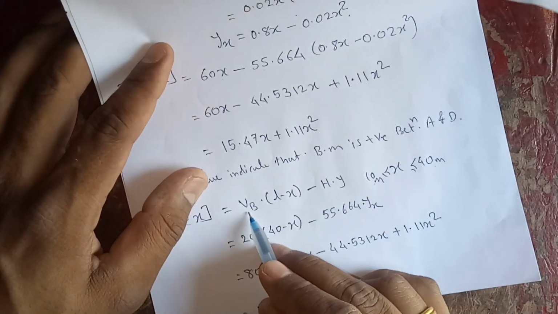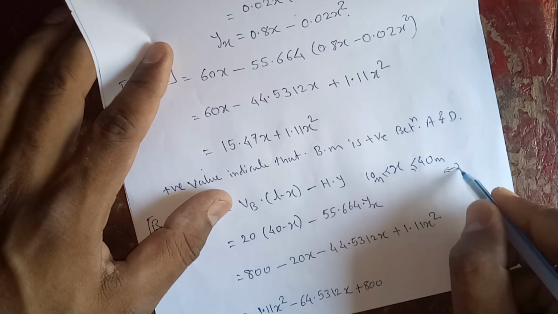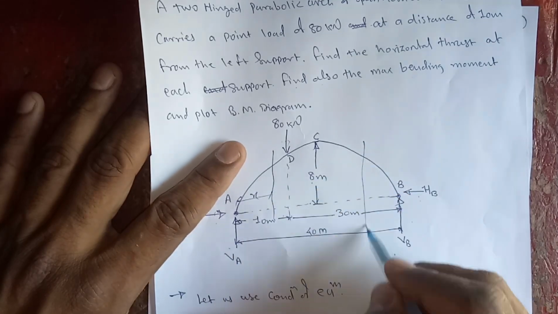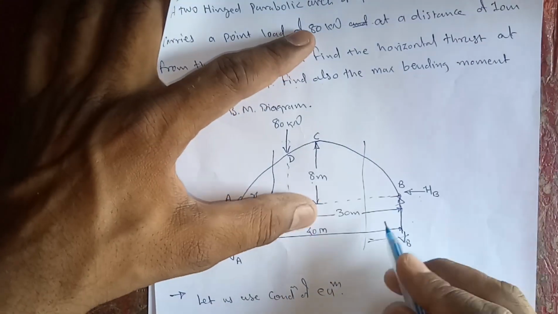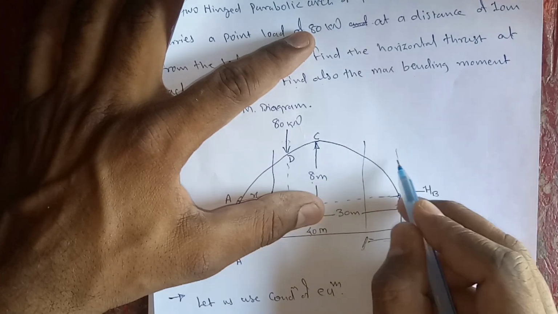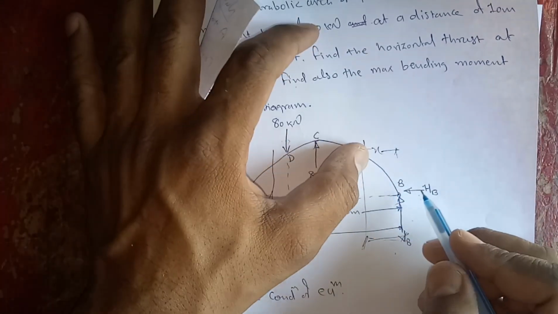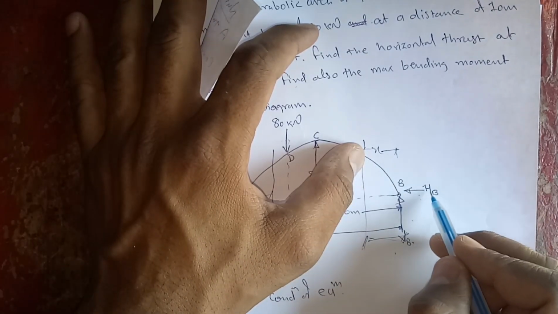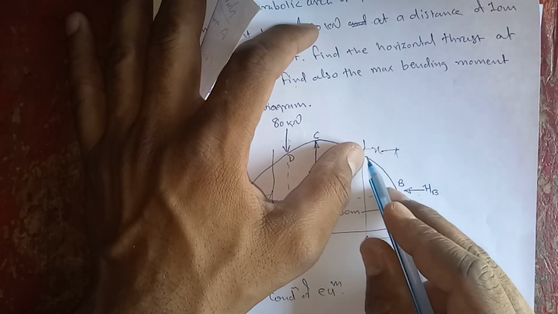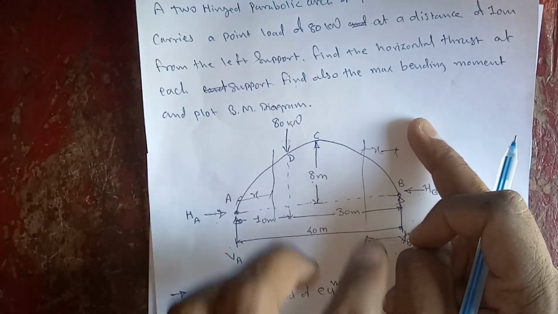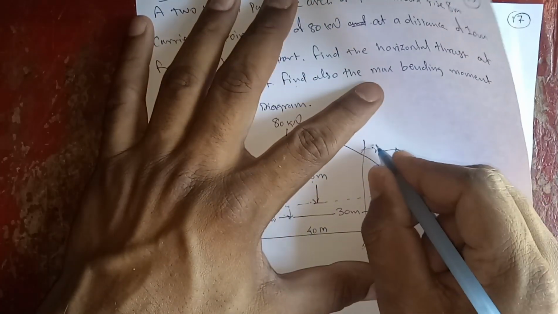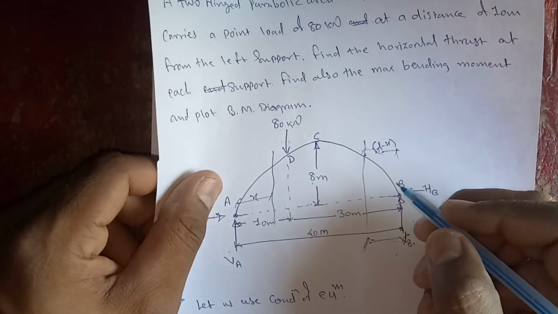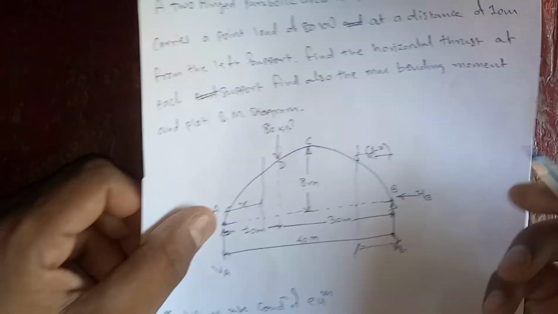So here we can calculate it from, say, right to left. So now we are here and we want to calculate this bending moment equation, right? So this distance is, say, x distance. Here the bending moment will be equal to VB multiplied by x distance, and then HA multiplied by this height. As we are measuring x with respect to A point, in that case this will be L minus x distance, right? And the height we can calculate simply by substituting x equal to this x.